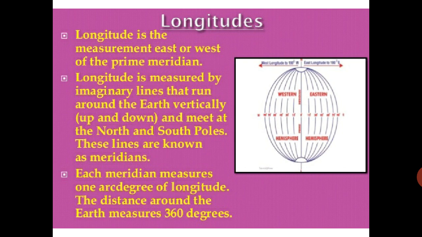Further other things we will see in this chapter, how we are counting the time and how all these lines are important. First basic thing you should remember is what is latitude and what is longitude. Latitude means the parallel line and longitude means the vertical line. They are coming from the North Pole to the South Pole. The latitudes are the equator, Tropic of Cancer, Tropic of Capricorn, Arctic Circle and Antarctic Circle. According to the latitude, zones are there. So latitude and longitudes are very important, and these are imaginary lines.